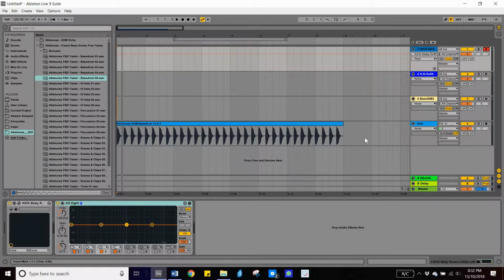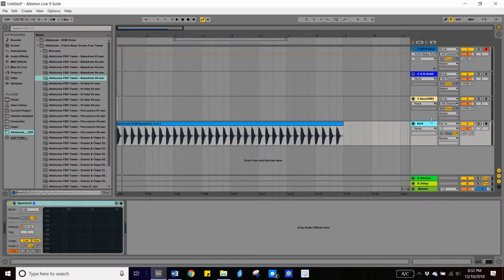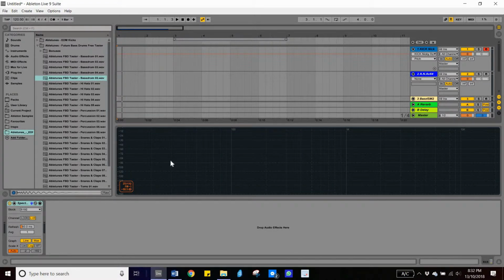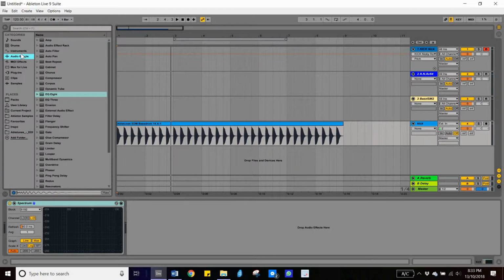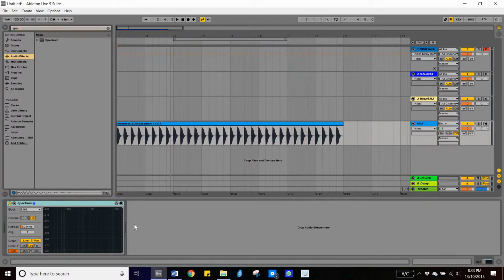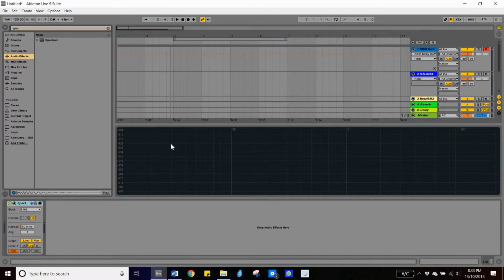What a kick is. The last thing that we need to discuss is how to tune a kick, which is a little on the tricky side. I'm going to select our kick before, and let's just analyze it, see what key our kick is in. So let's play. So it looks like our kick is an A. I've just brought up the spectrum analyzer, which you find in audio effects, and if you type in spectrum, we can see that it's an A